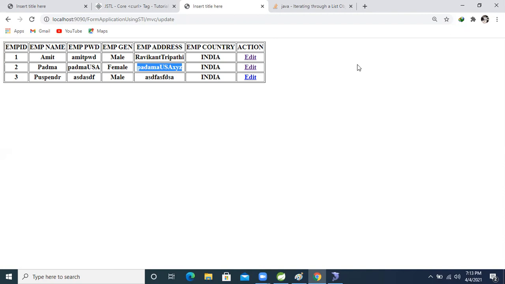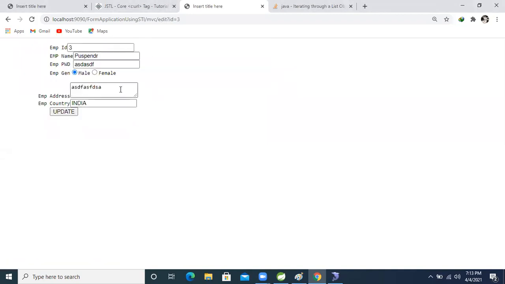So what is the magic? Because of this, this operation happens based on what? Based on the Spring Form Tag library, right? If anyone asks in real time where we are using the Spring Form Tag library, you can tell them. In this scenario, we are using the Spring Form Tag library to make our page bi-directional, right? So like that we are using it.